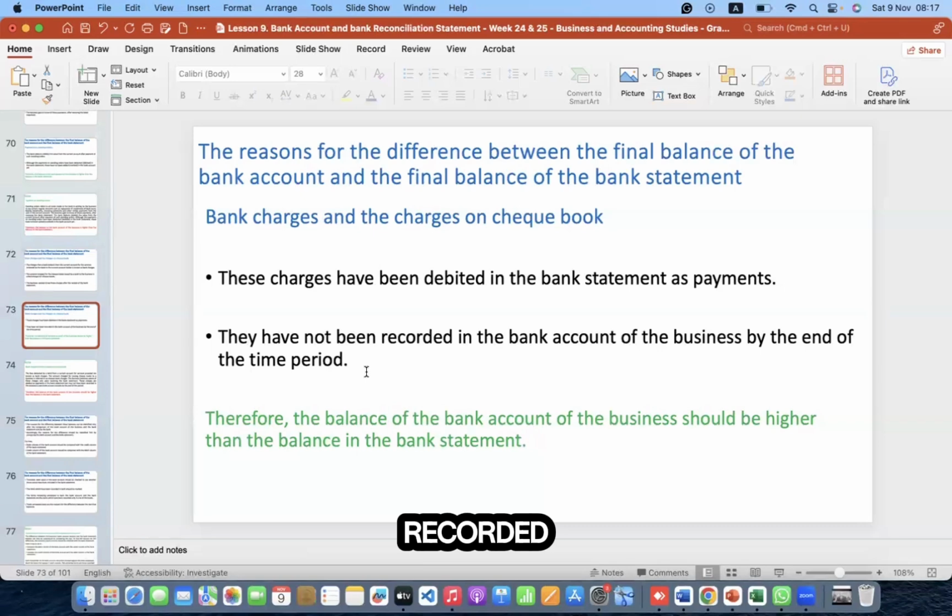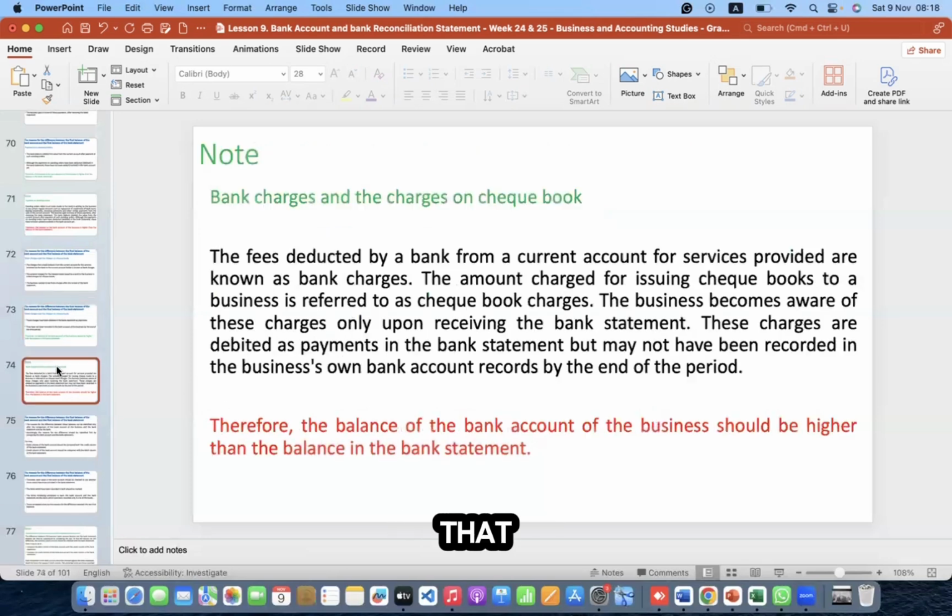You have not recorded it in your bank account. So the bank account balance is higher than the bank statement. What you should do is reconcile these two amounts. Okay, so with that,